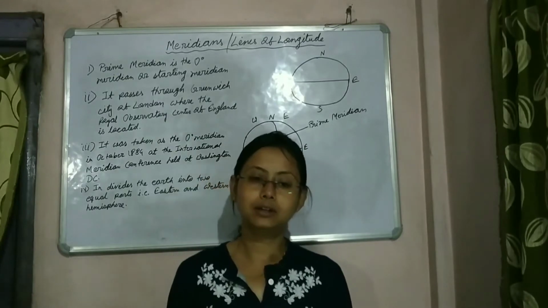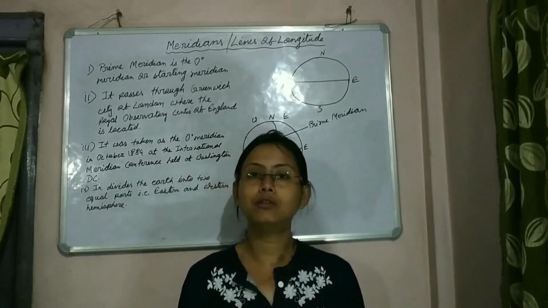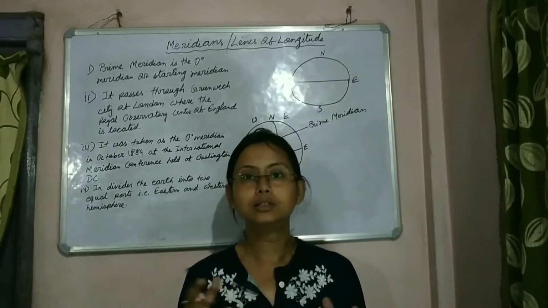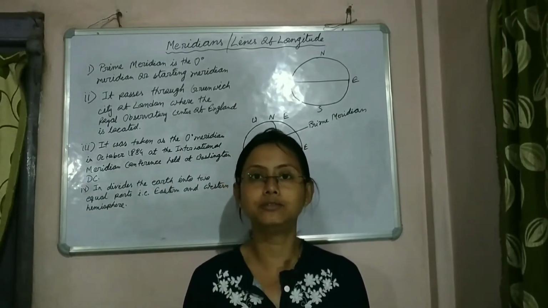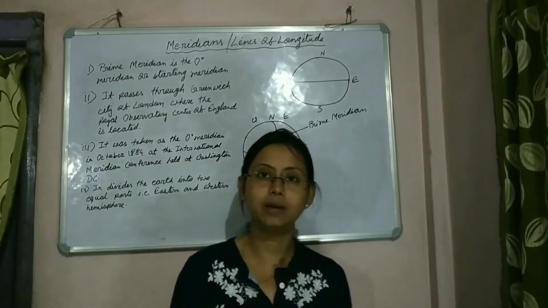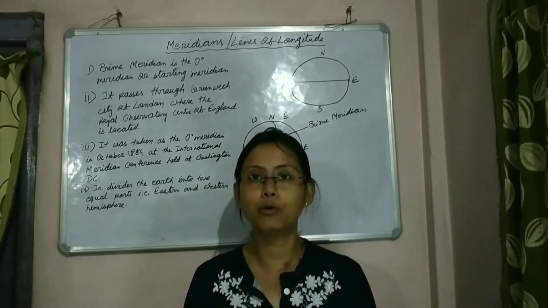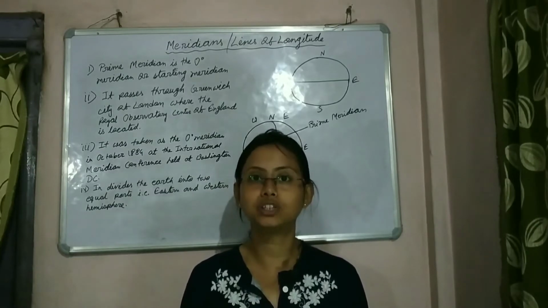Please follow that link and watch the video, otherwise you won't be able to understand this. In that video I have already said why this question arises. The question arises due to the spherical shape of the earth, as it is difficult on a spherical object to find or locate one particular point or place. That is why this question arises.